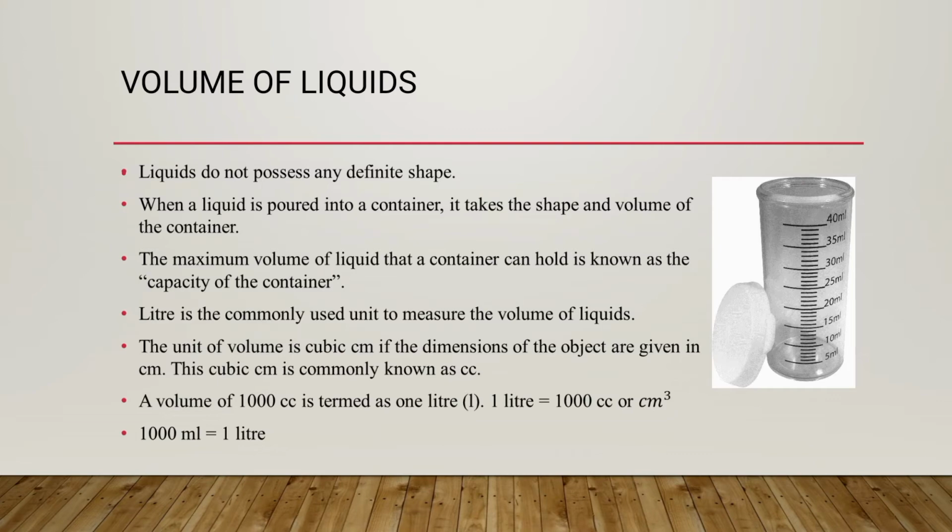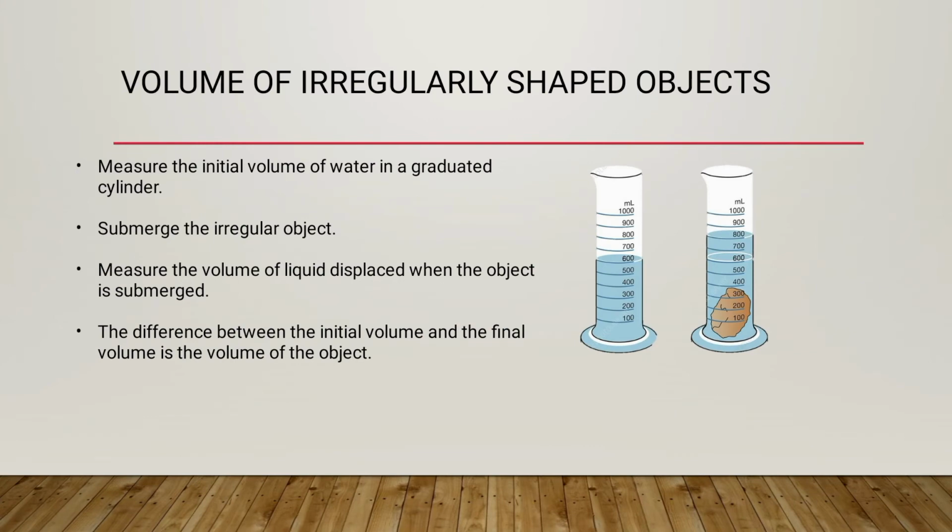All the measuring jars will be provided with the markings of the unit, like in the picture. An easy example is the small measuring cup provided along with the syrup bottle, which all of you have seen. So it has 2.5 ml, 5 ml and 10 ml markings to have the correct quantity of syrup which your doctor has prescribed. Next one is volume of irregular shaped object.